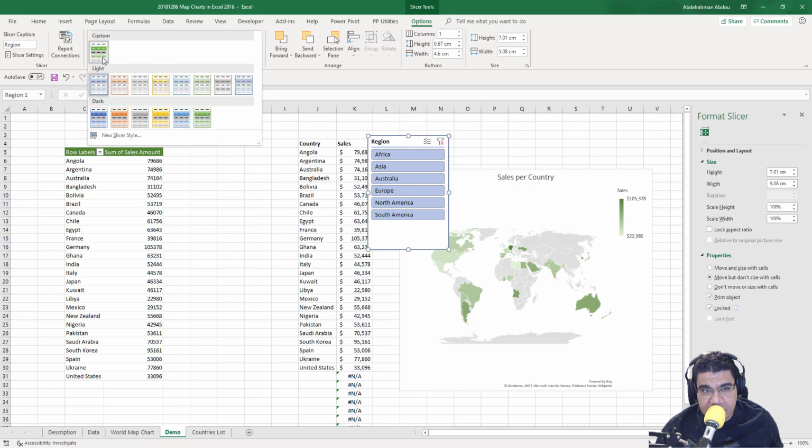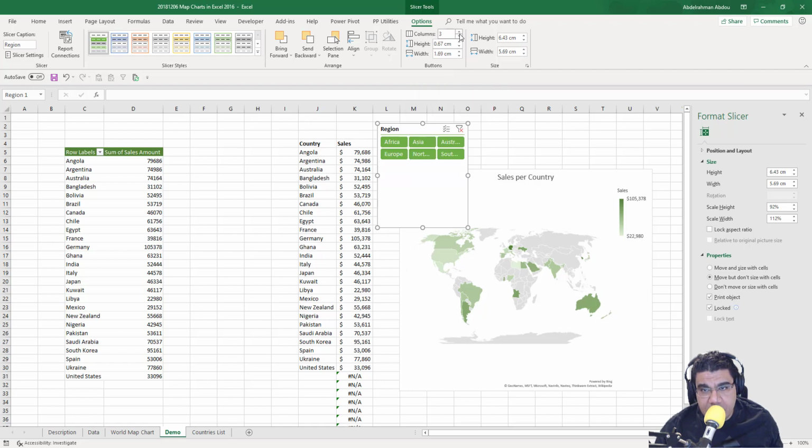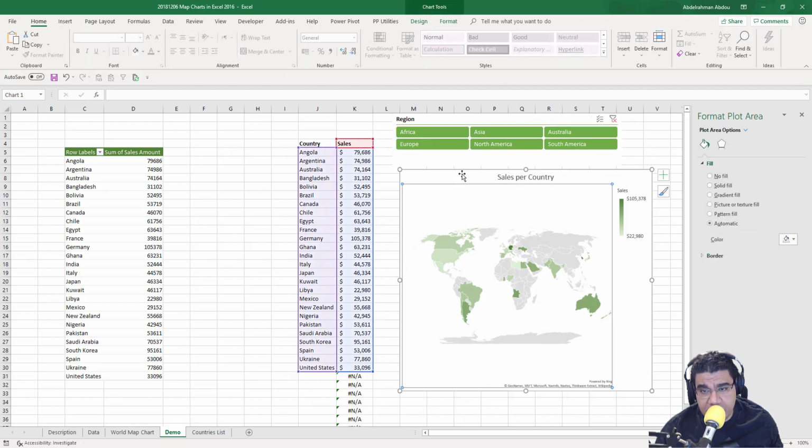And I have actually a custom style that I created for the slicer that will make it blend nicely with the background. So here's our slicer here, but I actually need the slicer to be spread across columns here. So I'm going to increase the number of columns on the slicer here, maybe 3 columns. So as you can see here, I managed to create my slicer, and now I'm able to filter my countries